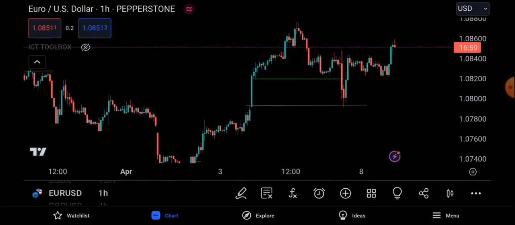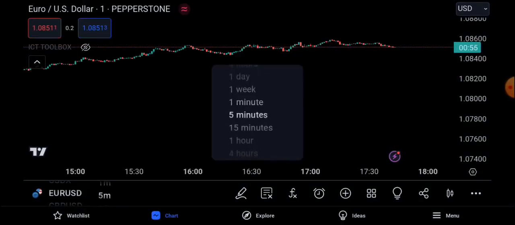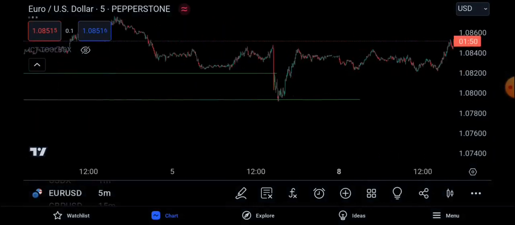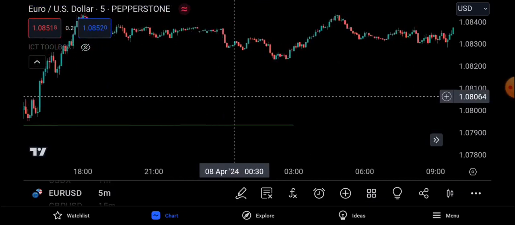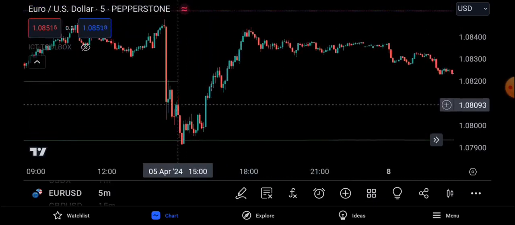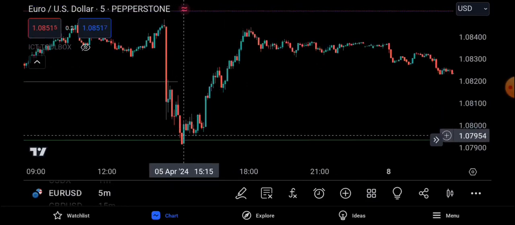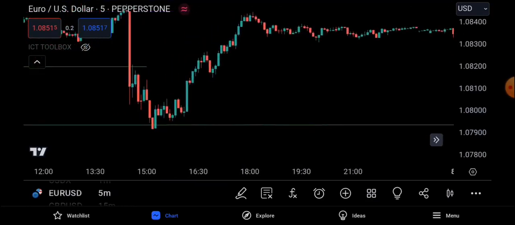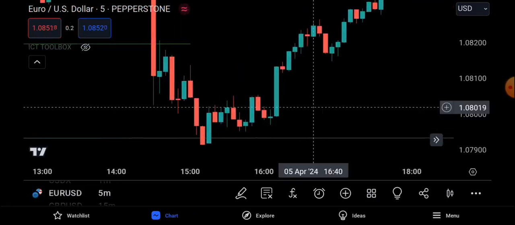Okay, so that's a 1 hour fair value gap. Let's move to the 5-minute. We're going to be looking for another block within that 1 hour fair value gap. Okay, so this right here, I would draw at the body, would be a fair value gap because we have a sweep of these lows. I would consider that an order block,